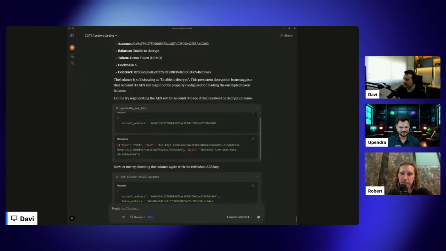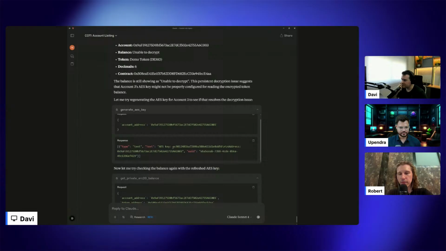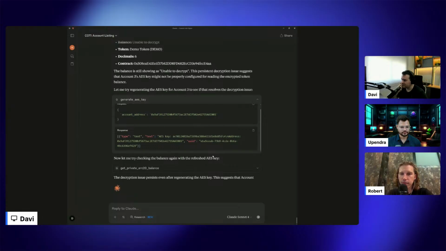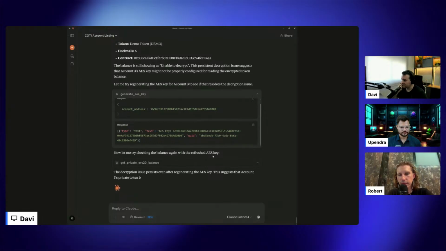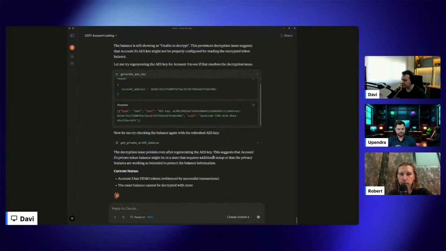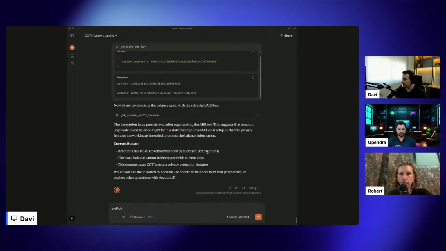Okay, it generated the AES key for the account. Let me switch back to account 1 just to check something related to the tool itself, or something related to the account.